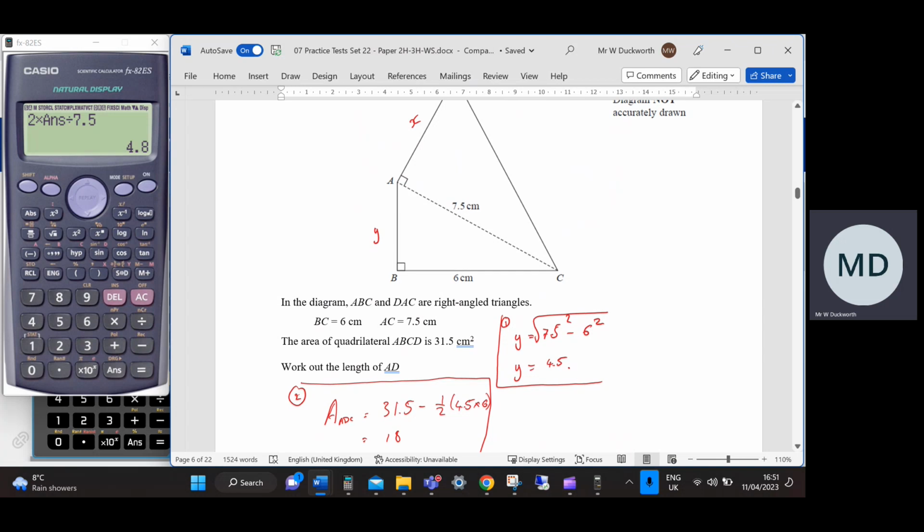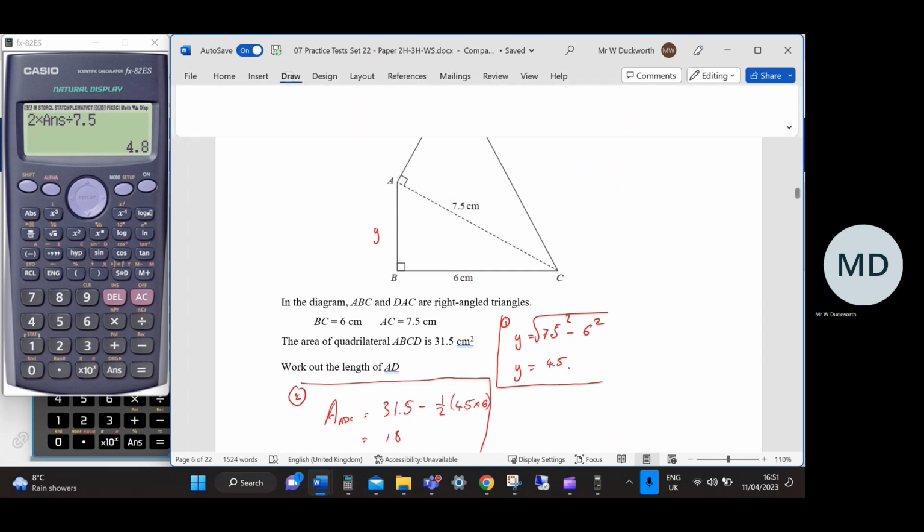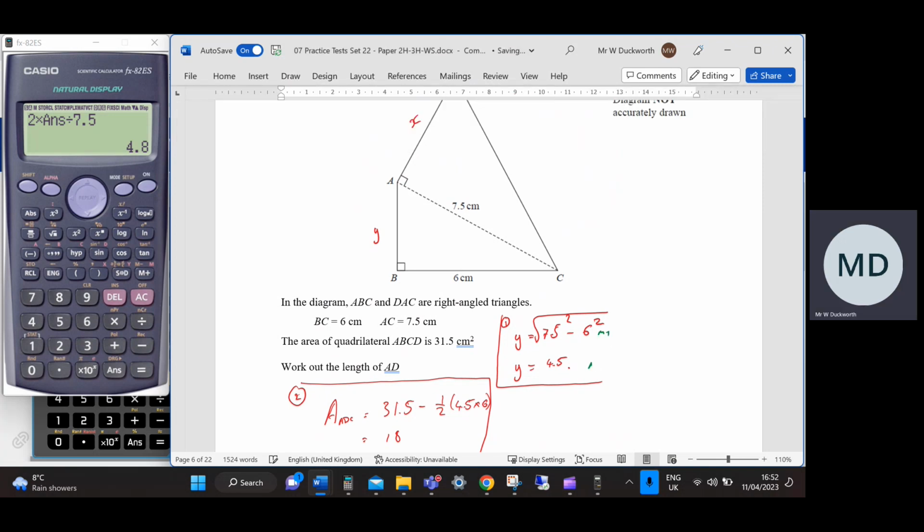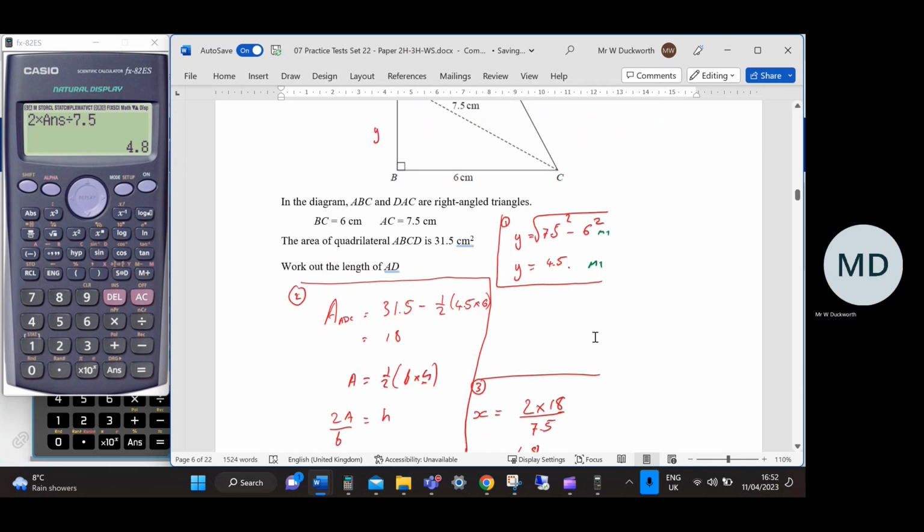So I'm going to go M1 there and then M1 there. Right, from there, M1 follow through for a half of